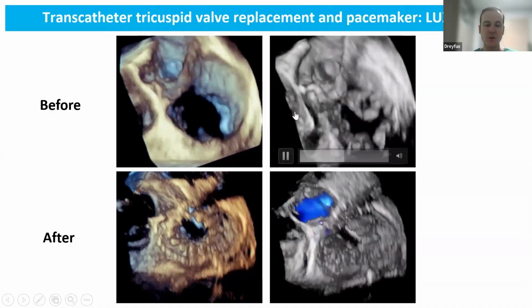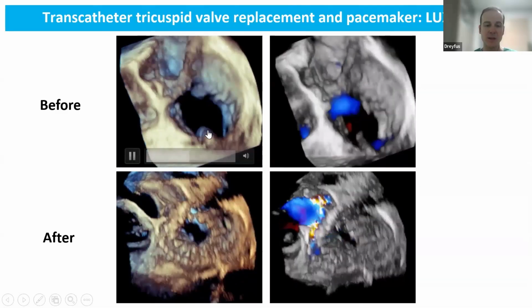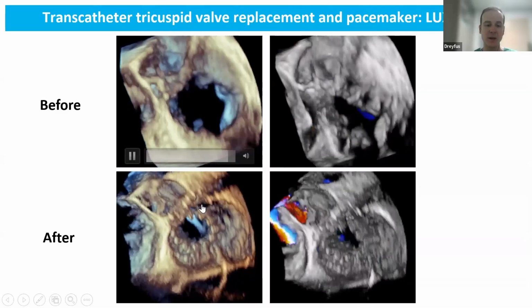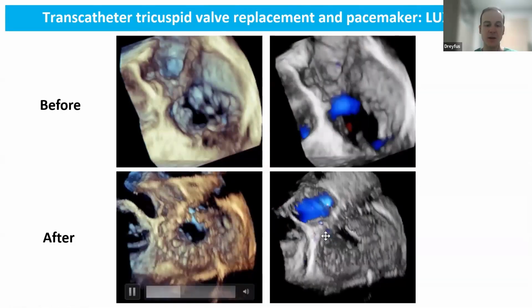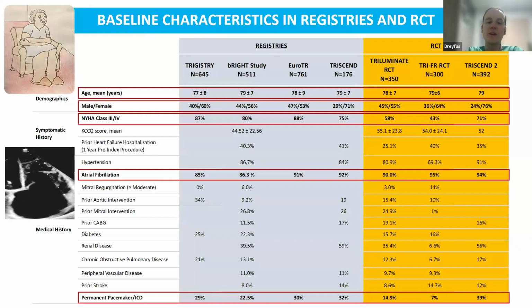You can use also those devices when you have pacemaker lead, and you can see the patient before the intervention with severe TR and the pacemaker which was posterior, and after intervention, no residual TR even at the level of the pacemaker lead. If we now look at the baseline characteristic of patients that were included in either registries or randomized studies,